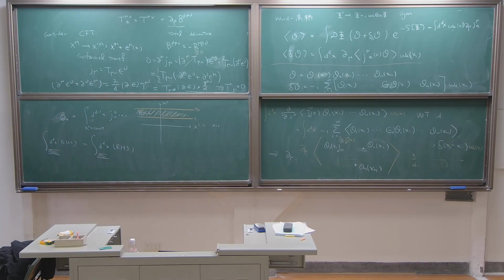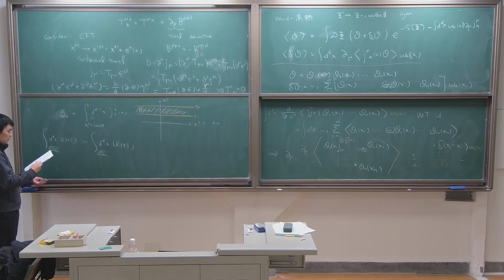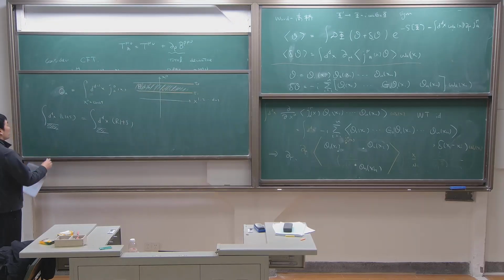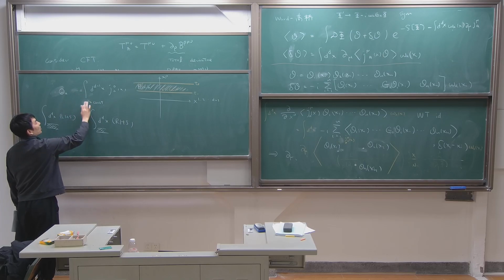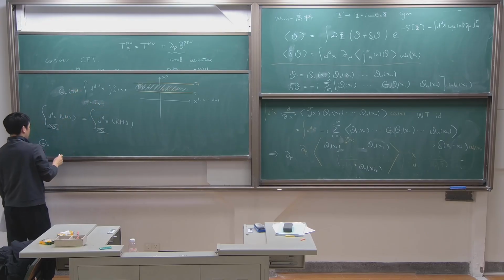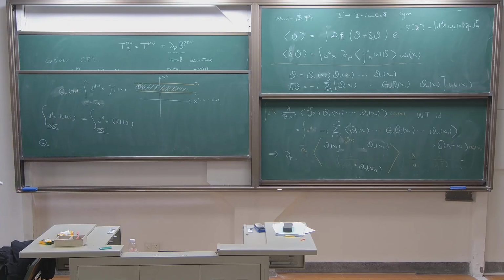That's what we are going to do. Then what you get is that the symmetry generator Q, with t equal to t star, the charge Q acts on